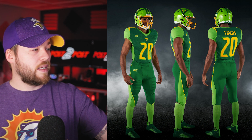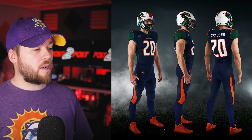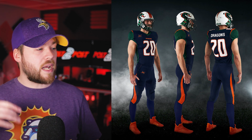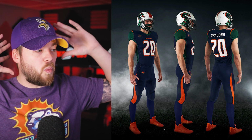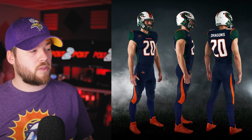I quite like it. And number 1, I've got the Seattle Dragons. Really good complementary colors here. Some deep colors, some deep greens, some deep blues. The dragon kind of takes up the majority of the side of the helmet, but kind of comes up around, and then the rest of the helmet is white. If I was going to be critical at all, it would probably be the white helmet. It doesn't really match the rest of the uniform, but